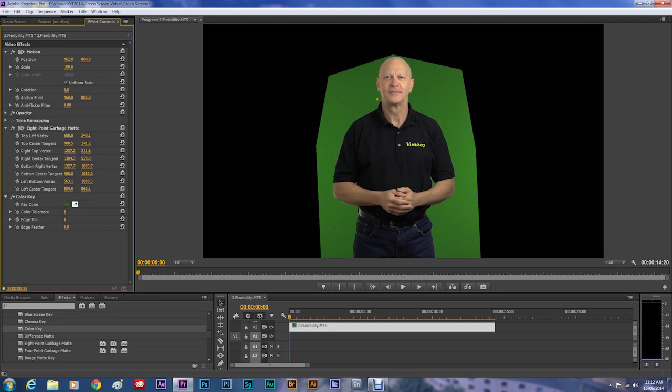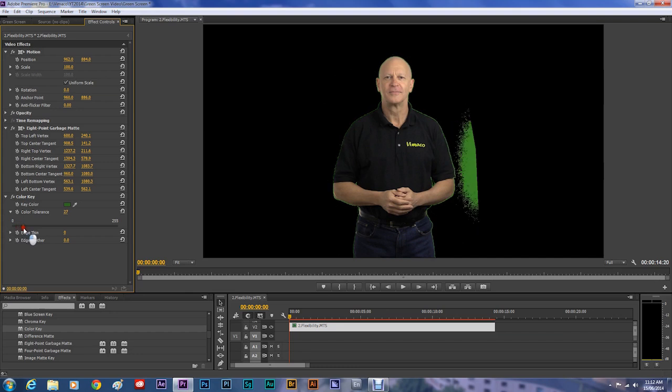So select the color picker and choose a green that's near the subject. But you can see it's a very even green, and that's the use of good lighting. So when you light it well, no creases, it's a very even green, so it makes it fairly easy to key out. So we select a green there, and then we go to color tolerance, and let's increase the tolerance